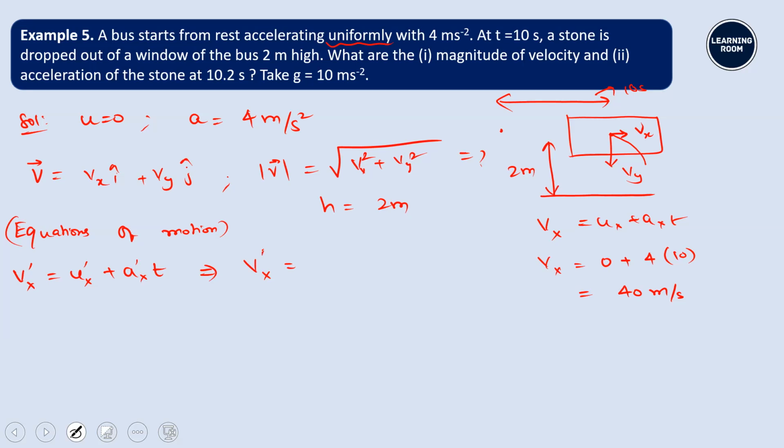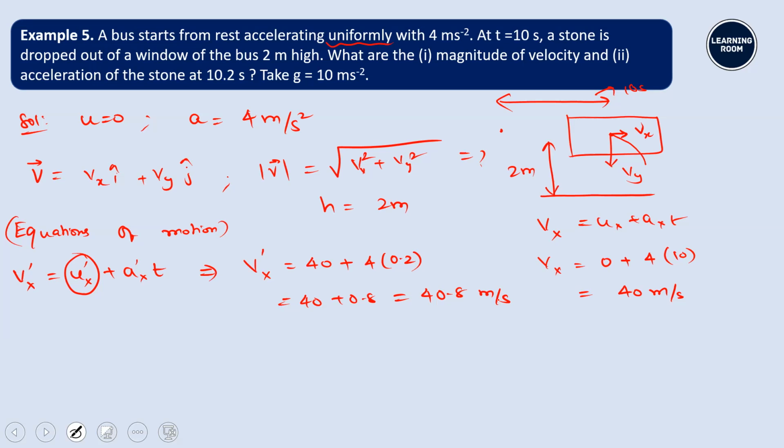So Vx dash will be equal to, for the journey between 10 to 10.2 seconds. What is the value of Ux dash? It is 40 plus what is the acceleration of the object? 4 into the time taken for the 10 to 10.2 seconds, which is 0.2. So it is going to be 40 plus 0.8, or 40.8 meter per second. Means after the 0.2 second, the stone will have a horizontal velocity of 40.8 meter per